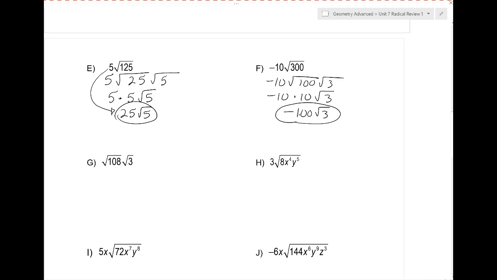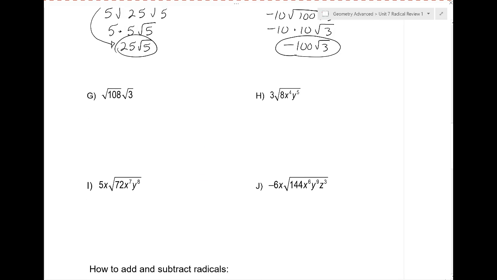Excuse me. All right, let's keep going. Now, what happens if I have two radicals being multiplied together? Well, here's the thing. You multiply the numbers underneath together and the numbers out front together. So this actually becomes